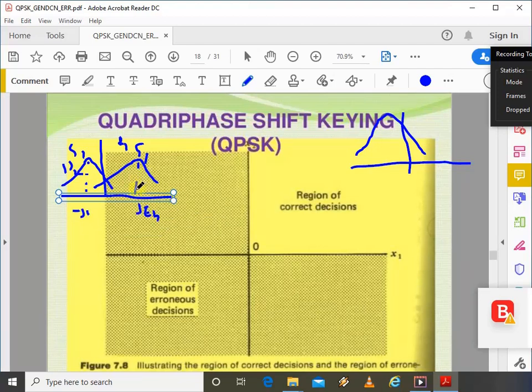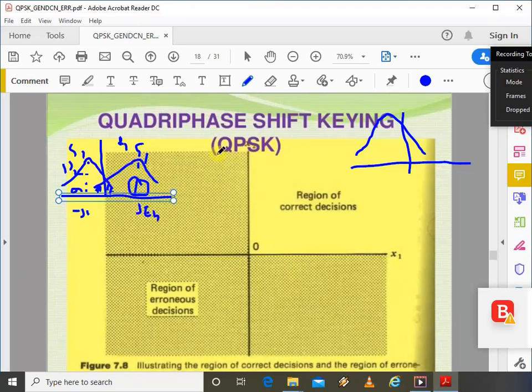Whenever you transmit symbol 1, if it falls in region R1, the receiver always makes the decision in favor of 1. But if the symbol 1 falls in region R2, the decision will be taken in favor of symbol 0. This is an error. Whenever we transmit symbol 0, if it falls in region R2, the decision is always taken in favor of symbol 0. But if the symbol 0 falls in region R1, which is of symbol 1, the decision is always taken in favor of symbol 1. This is an error.